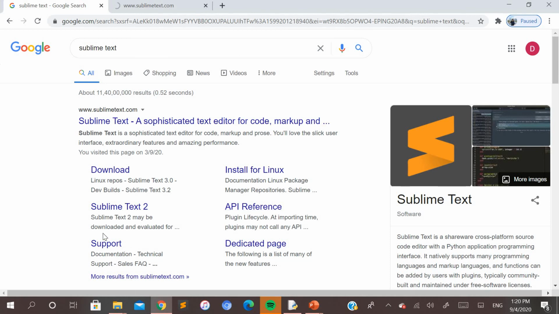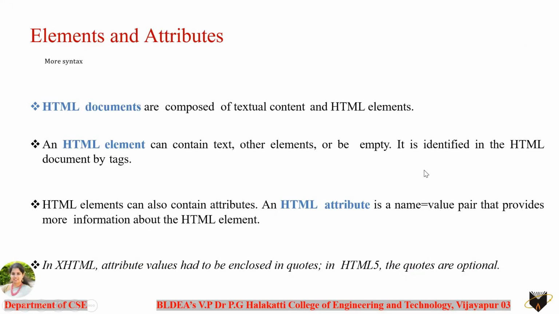Together this text is information, but the way it has been displayed is in a different format as a subsection. How is this formed? How do you imagine that something has been taken as blue color, as a heading or a subsection? That is done with HTML elements. The actual information conveyed to the user is the textual content, whereas the way in which it appears is done with the HTML elements.